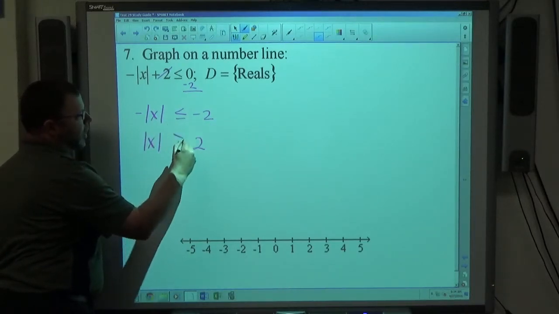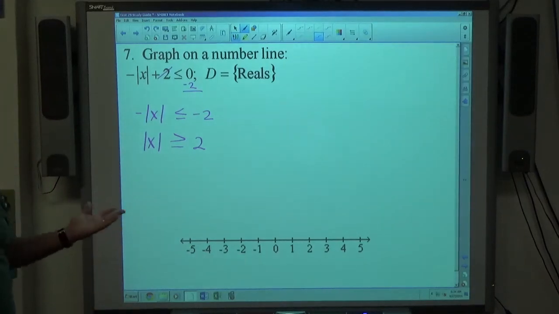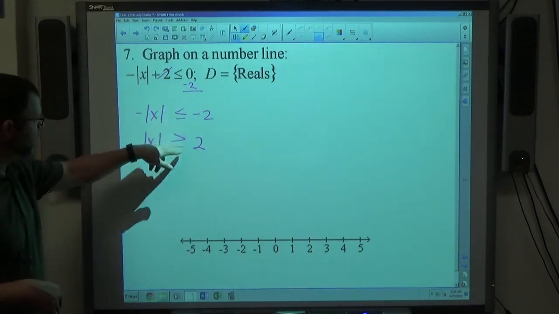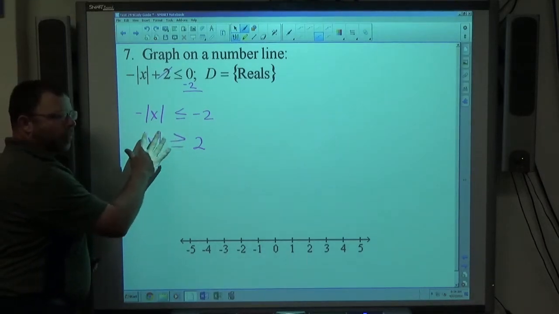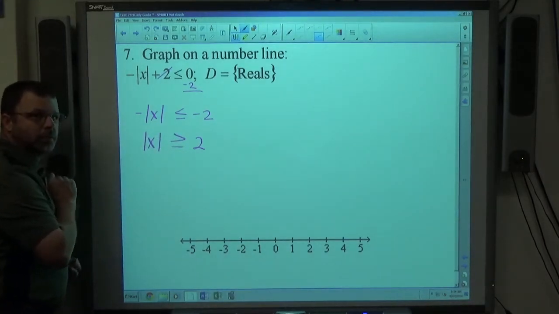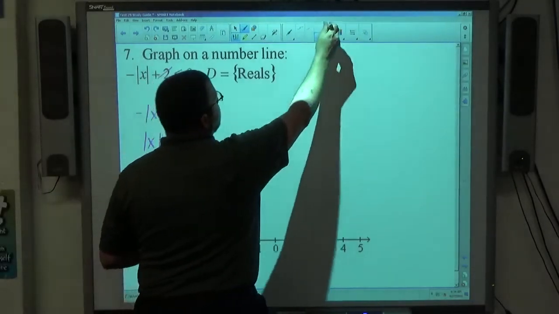Changing both signs requires a flipping of the inequality. Equals stays equals. If it wasn't equal, it stayed not equal, but this one has an equal, so it stays on there. That's priority 1. Get to this point, keeping the absolute value expression there. Okay. Now, the next step is we want to get rid of the absolute value expression. We want it to just be